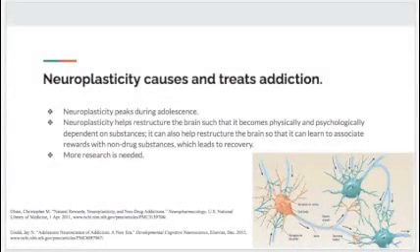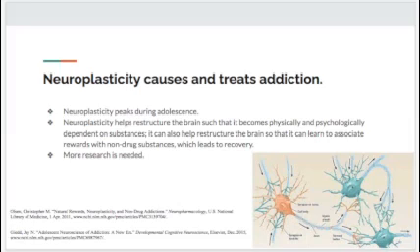Neuroplasticity is the ability of the brain to create and reorganize synaptic connections. Neuroplasticity peaks during adolescence, which explains why addiction often emerges during this stage. Neuroplasticity can restructure the brain's neural connections such that it becomes physically and psychologically dependent on substances, but it can